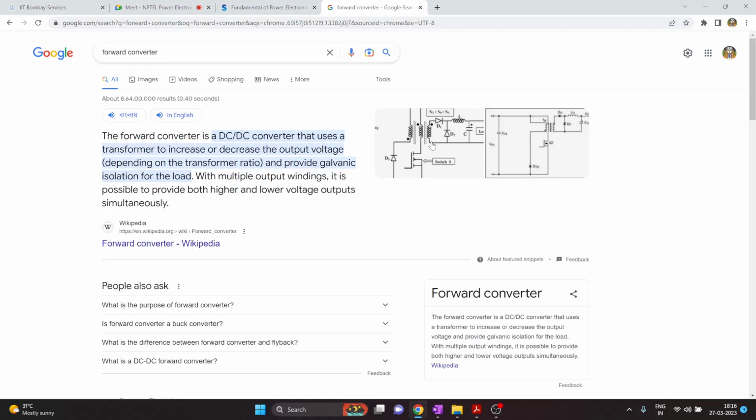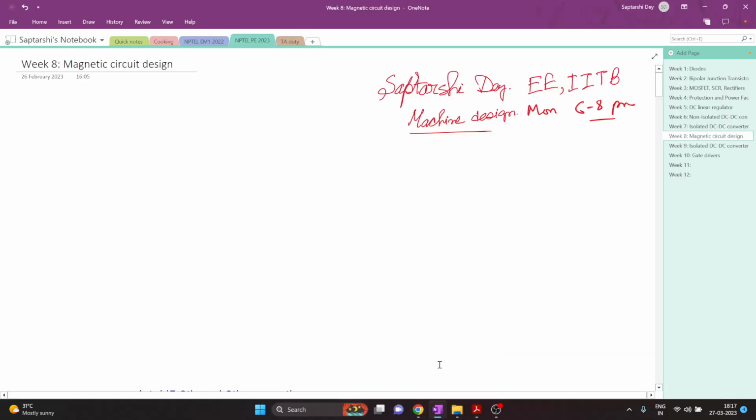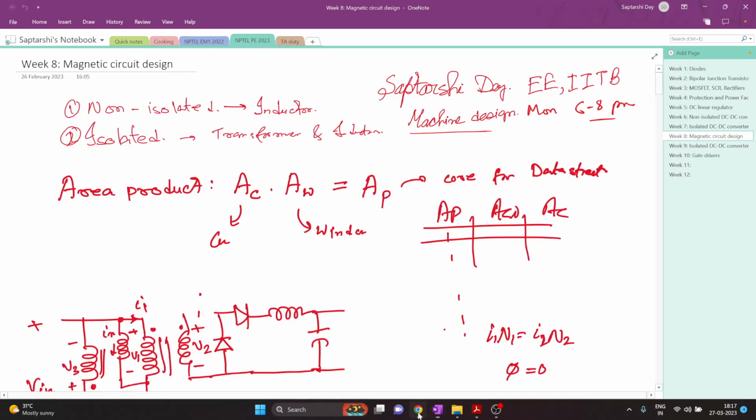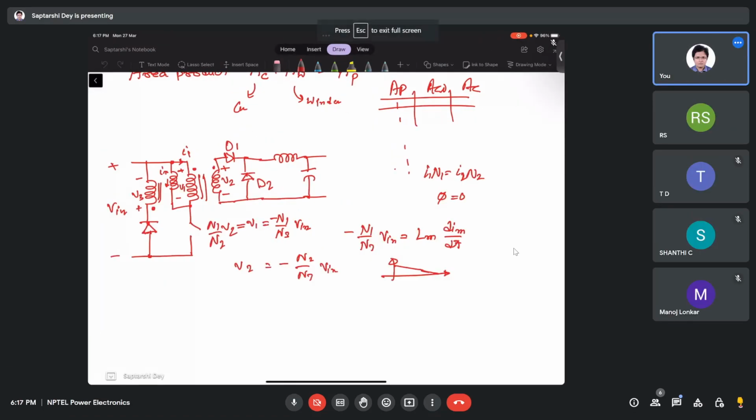This diode, if I call it D1, and this one D2, this diode D1 actually stops the current from flowing for this voltage. Now if you want to see the flux waveform in the core, ideally no flux, and practically it depends on